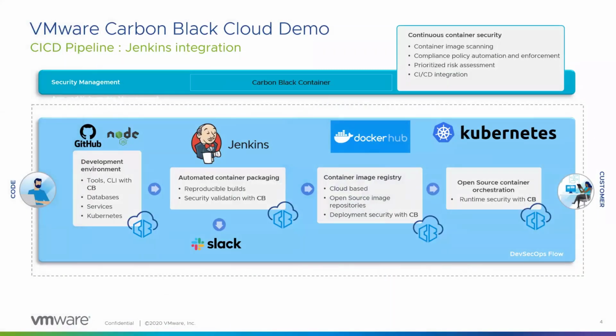And we will see how Carbon Black helps you protect your entire CI/CD pipeline from the development environment with a Carbon Black CLI to scan vulnerability and validate images manually, or with the integration of Carbon Black in a Jenkins pipeline to push an image in a registry, for example, Docker Hub or Harbor. And finally, deploy the image in a Kubernetes in production.